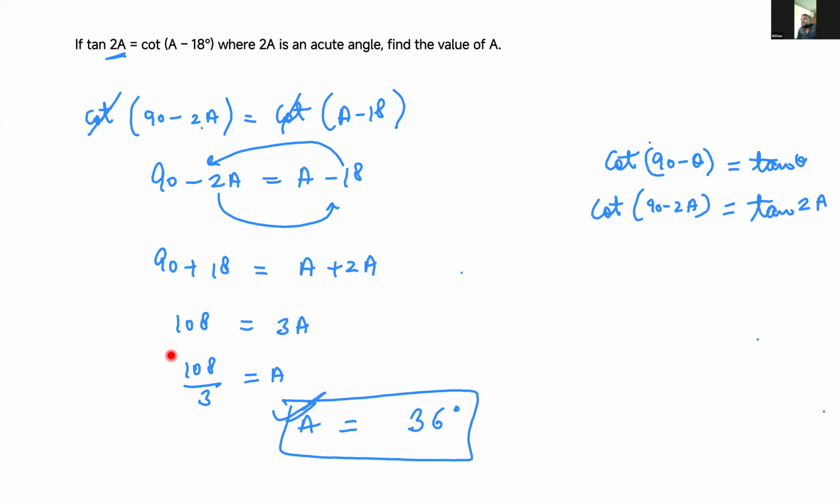I didn't get that. We will do that one after doing one more topic, because in that there is an identity. The identity is skipped, no? We have to do these types of questions first, then we move to identity. We skip one portion of this trigonometry chapter. First we will do that topic, then we will do this question, because that topic has some identity that is used in that question. That's why I skipped that.